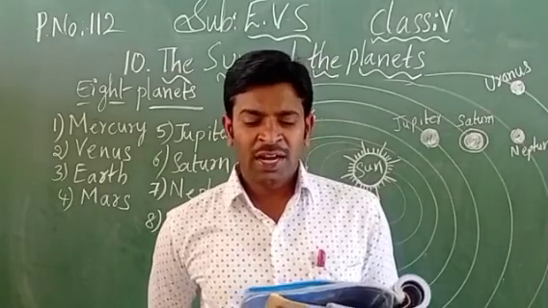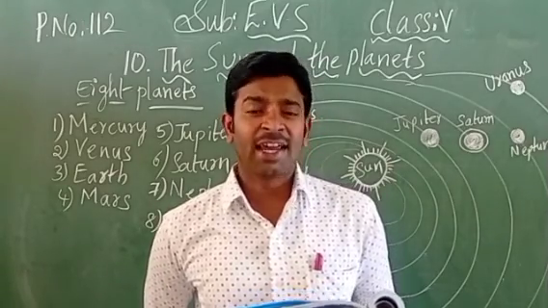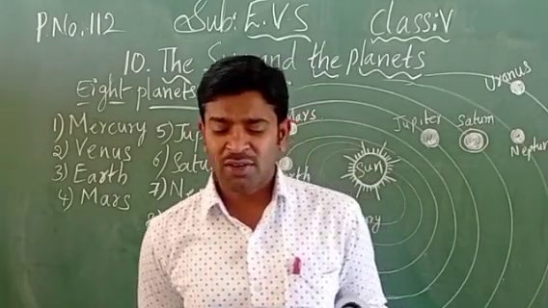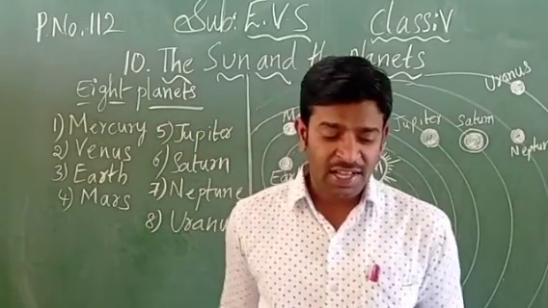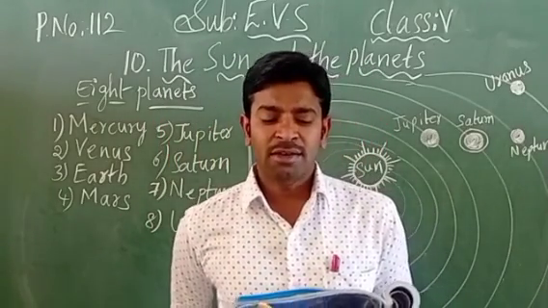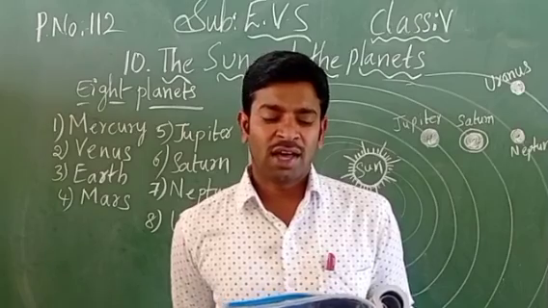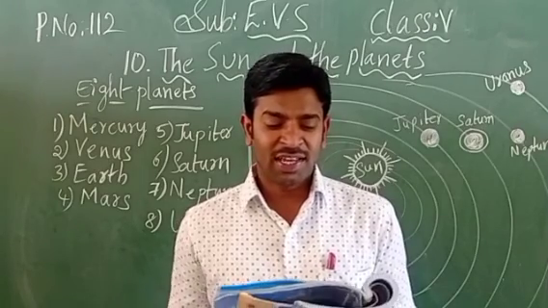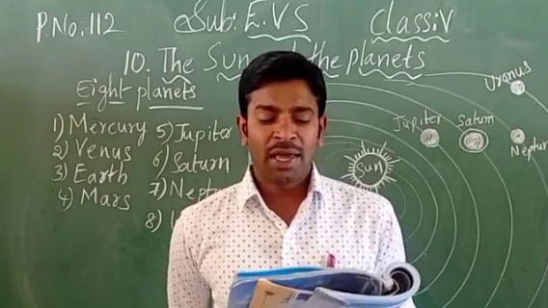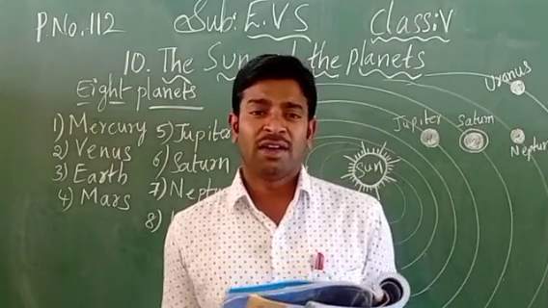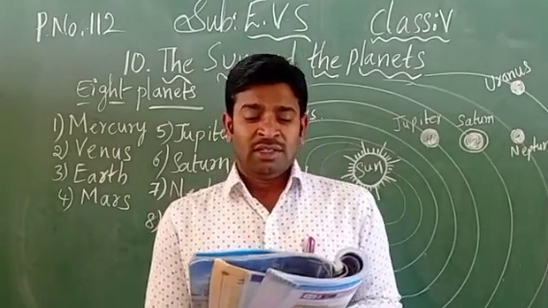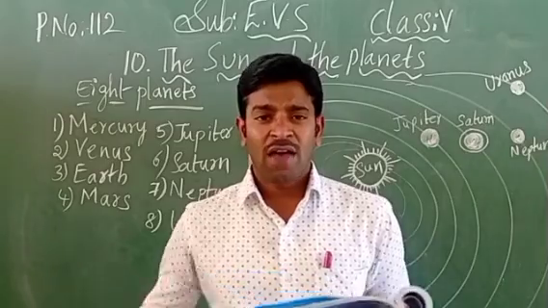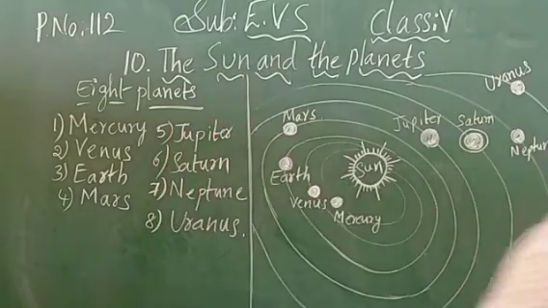Now, it constantly emits light and heat. What will the sun give? The sun will give the light and the heat. The sun appears like a big burning ball of fire. Okay, what is the sun, children? Here the sun appears like a big burning ball of fire. Big burning ball of fire. Have you seen a ball, children? Wait a minute.